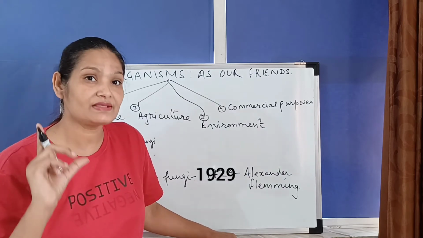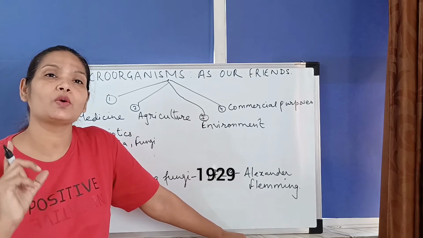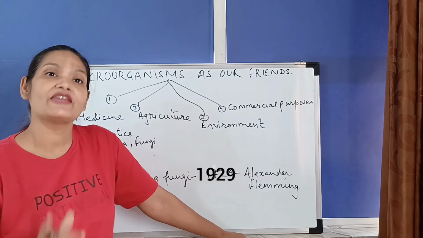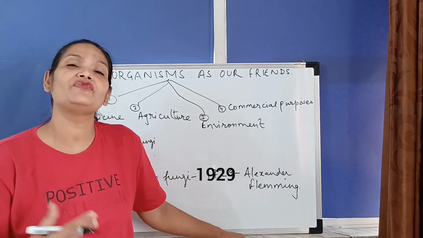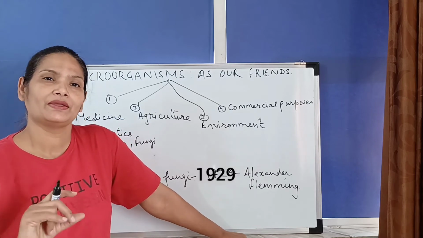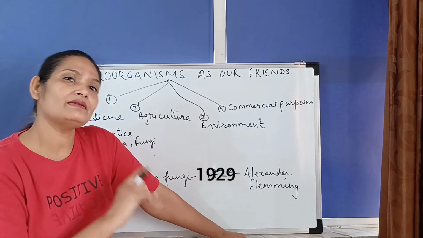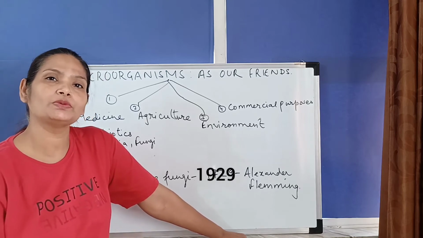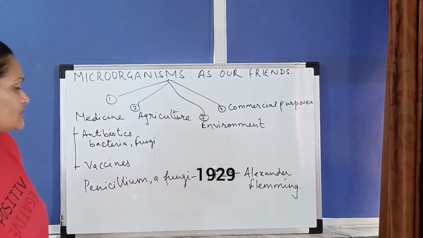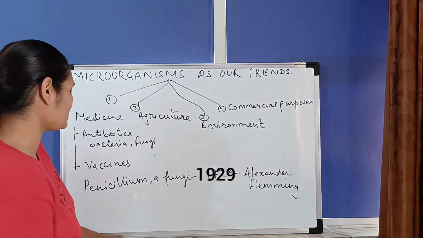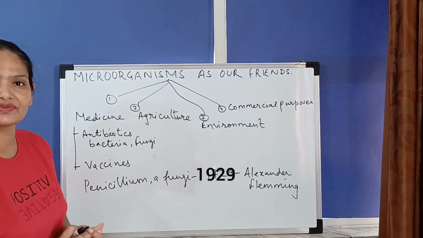Now, one thing we need to remember is, when we are taking antibiotics, we should never take an overdose of the antibiotic, because if we do, then the antibiotic would not work in future whenever it is required for any disease. Whenever the doctor prescribes that particular antibiotic, because the body would get used to that particular microorganism, the antibiotic will not work on us. So we need to be very cautious, very careful while taking antibiotics. Okay, so this is how antibiotics work. They stop the growth of the microorganism.